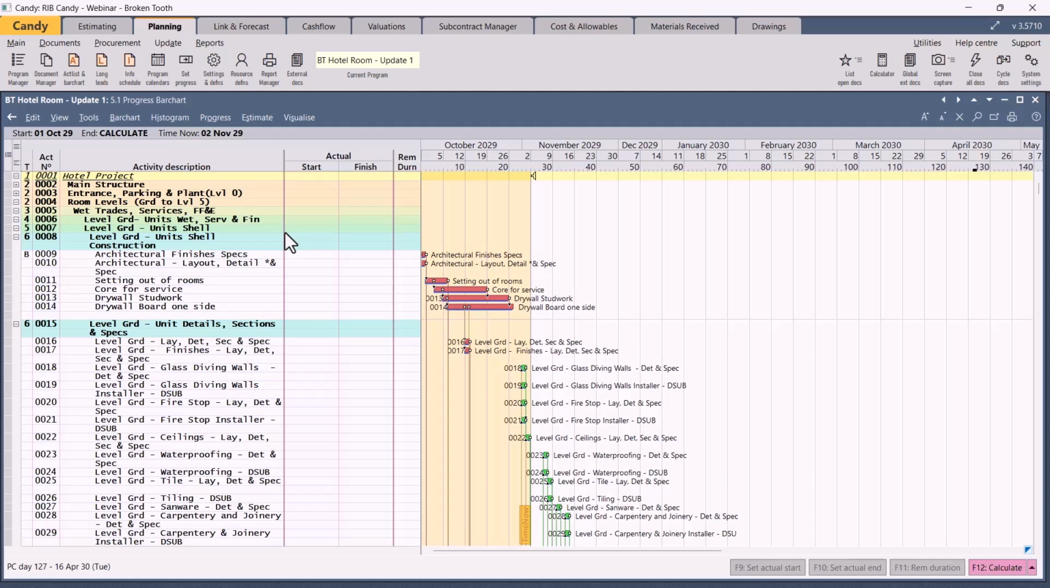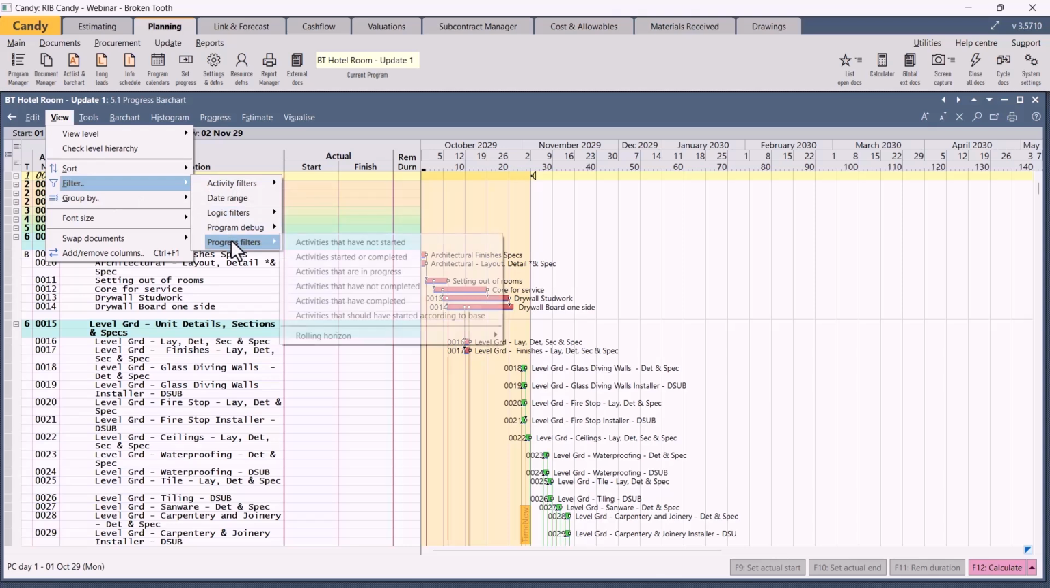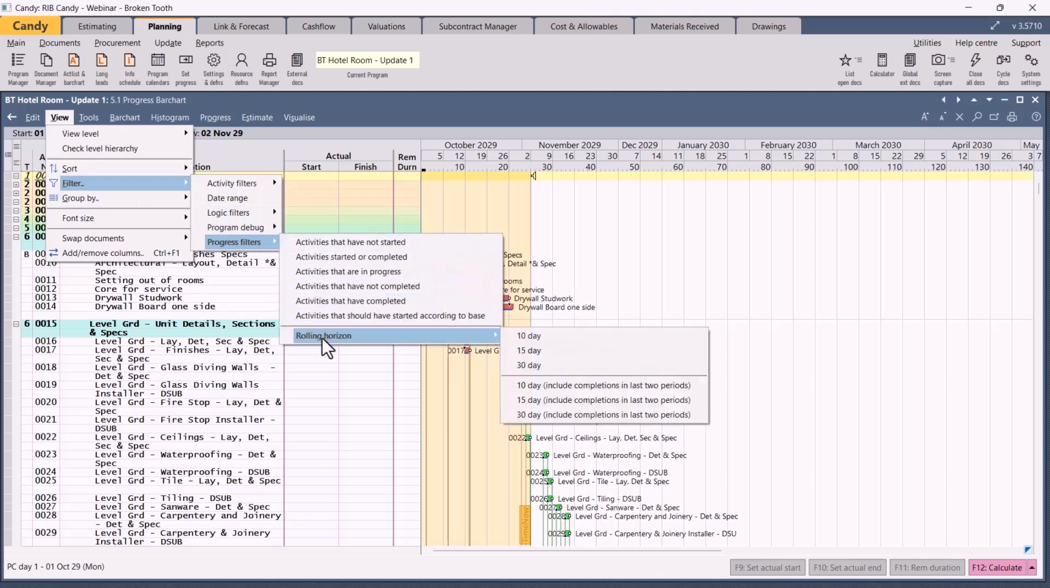We now obviously don't want to scroll up and down, so we're going to use a progress filter to highlight only the things that we want to update. Select View, select Filter, select Progress Filters, and choose Rolling Horizon of 10 day. Now what that means, it means that you're going to have a section of 10 days from now, the time now date,